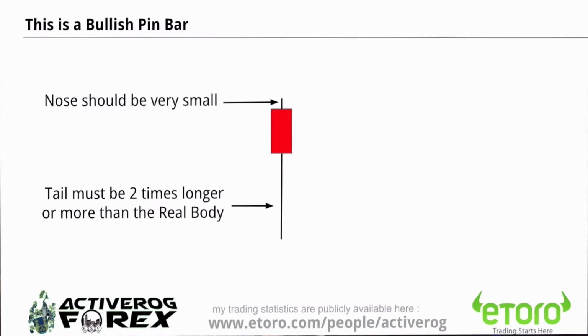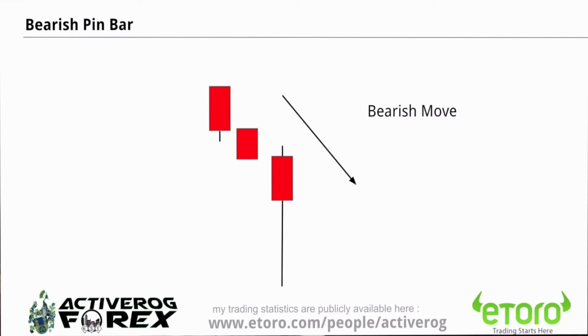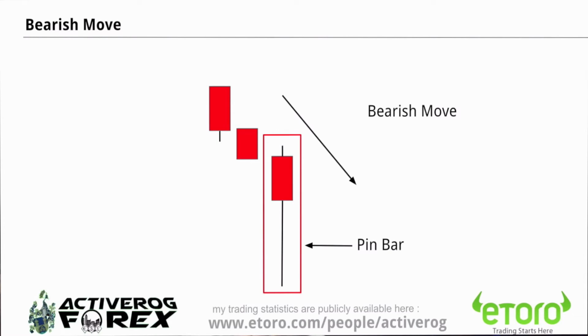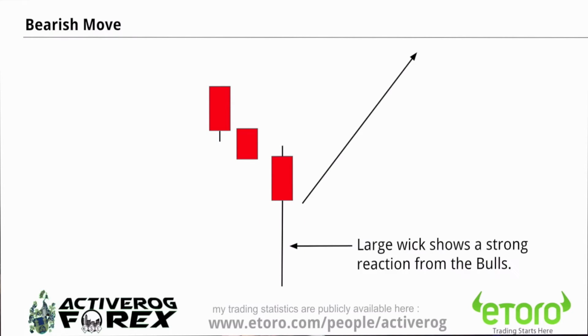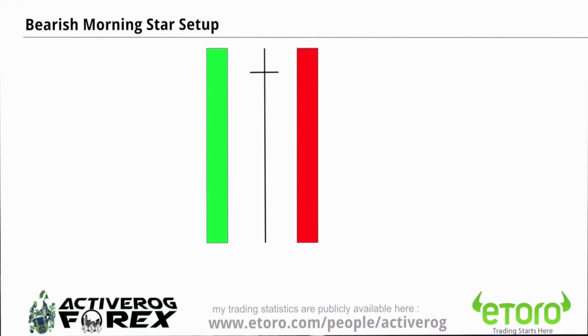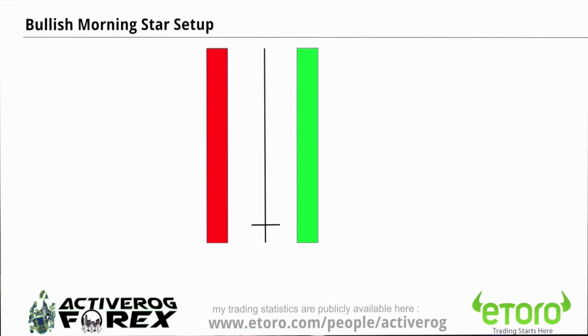of the body. You'll find a bullish pin bar after a bearish move. A pin bar will appear, suggesting that the bulls may be taking control of the markets with a strong possibility of an uptrend. This is a type of bearish morning star setup, and this is a type of bullish morning